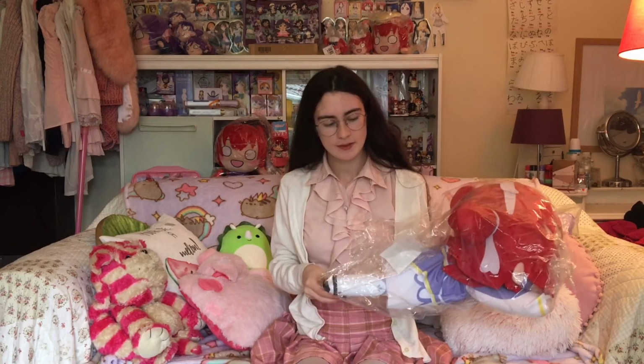At number 2, we're bringing out the big boys with Ruby's Brightest Melody Nessaberry. Now, she was quite expensive, which is kind of why she's at number 2 of disappointing things I've bought. Not because, I'm not entirely disappointed, I'm really pleased that I have her. It makes me very happy, but